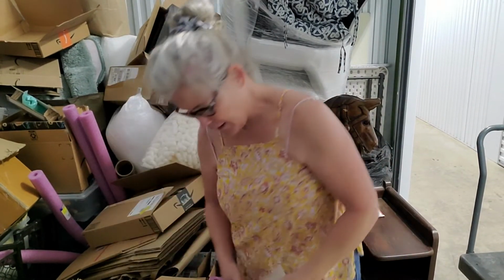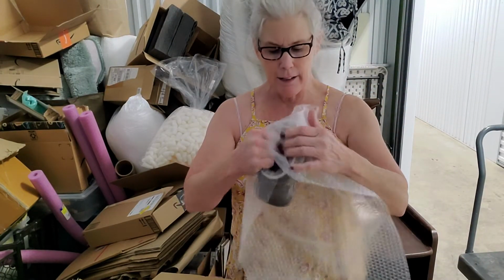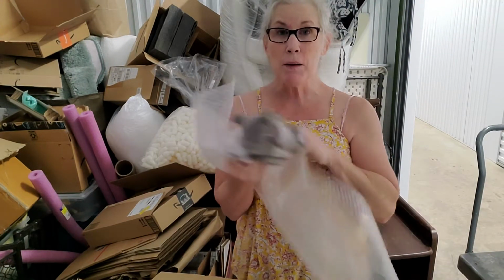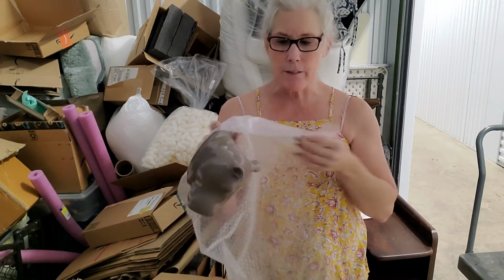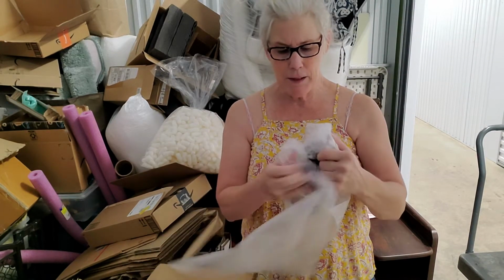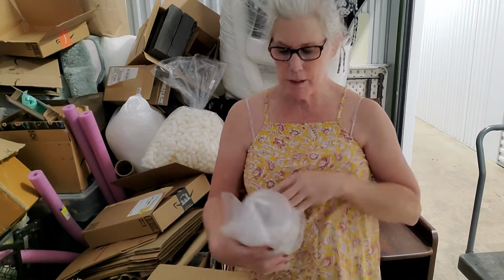Now, with the lid, I'm going to do the same thing. I'm going to start by stuffing some inside. Now, I want to protect these ears. So you notice his ears are sticking up, and those are the most vulnerable parts of him. So I want to protect him. So I am going to wrap him up, stuff the inside, and I'm going to wrap it up nice and